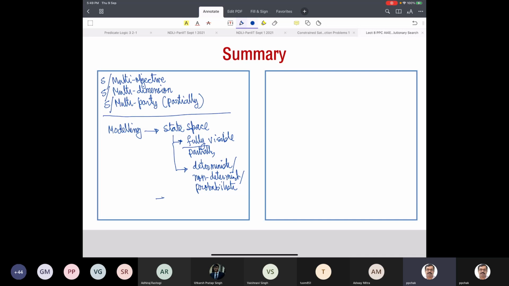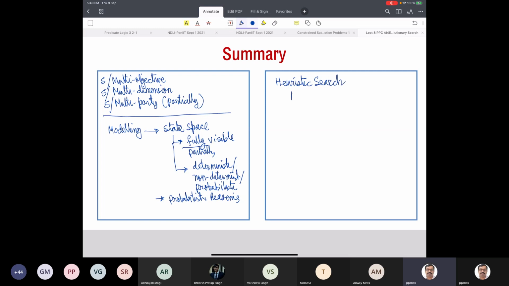We also briefly looked at probabilistic reasoning using belief networks. And we saw heuristic search in deep detail,